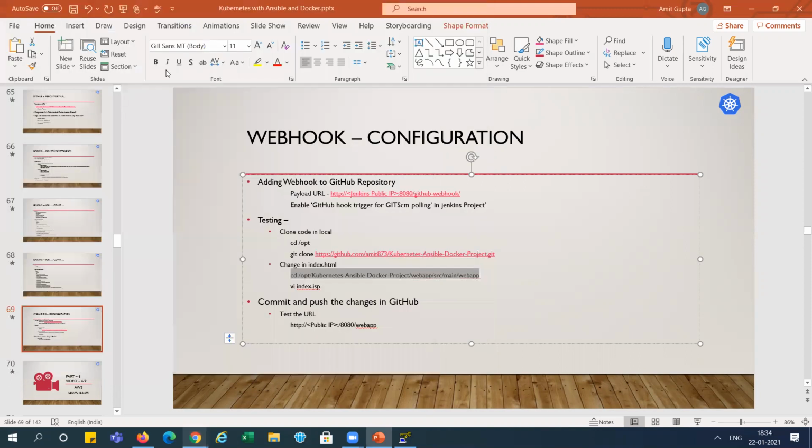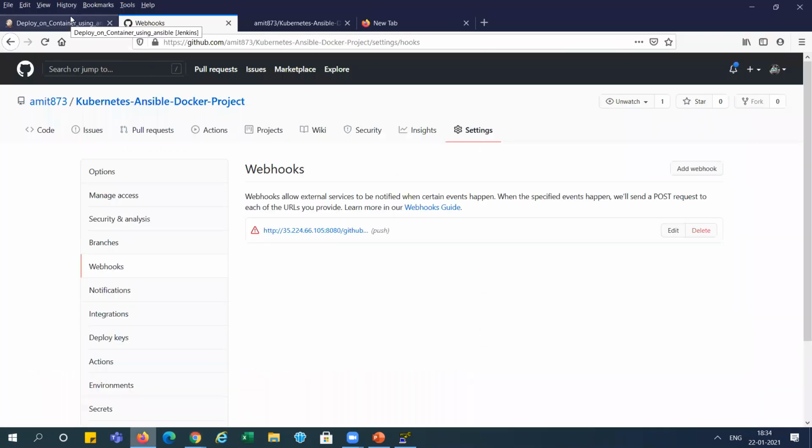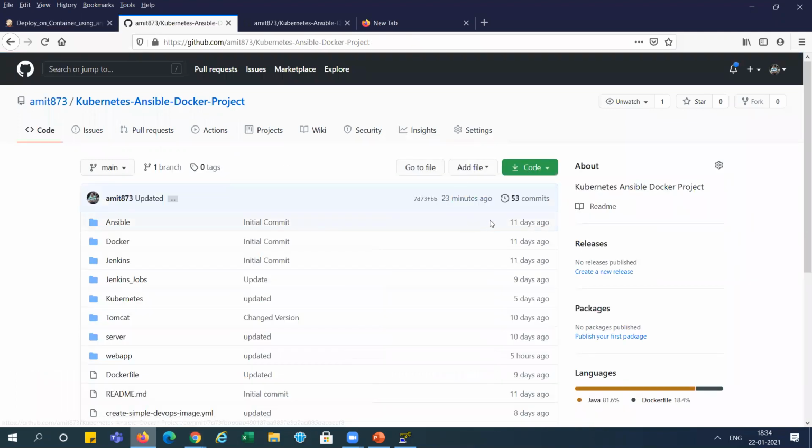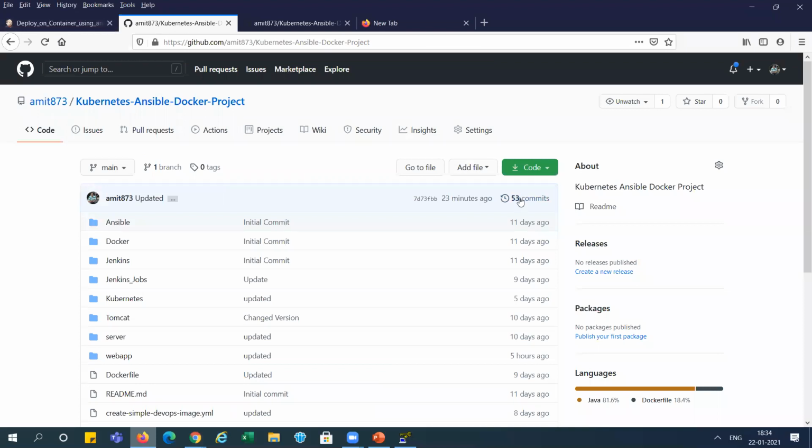Before pushing it, I want to show you something here. You can see we have 53 commits here currently, and we have only 2 builds here, right? 2 jobs. When we commit, it will start the third build here, and the commits will show 54, right?